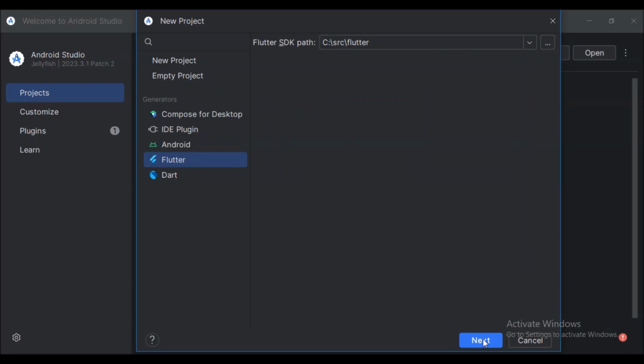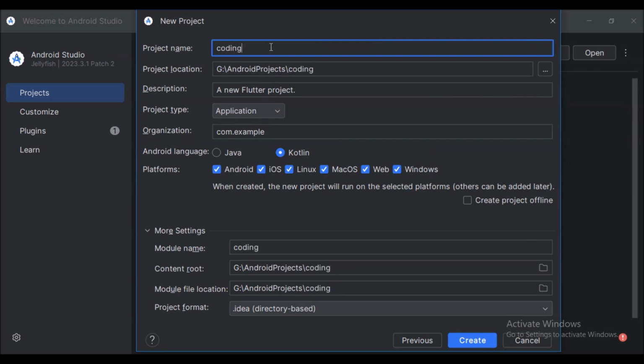So viewers, let's start coding. Let's create a project, Coding Maverick demo.